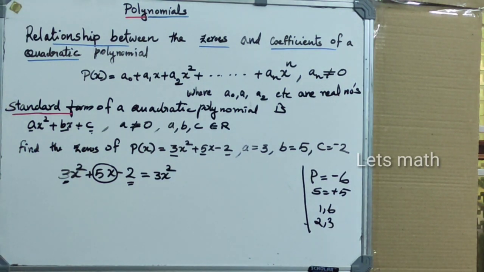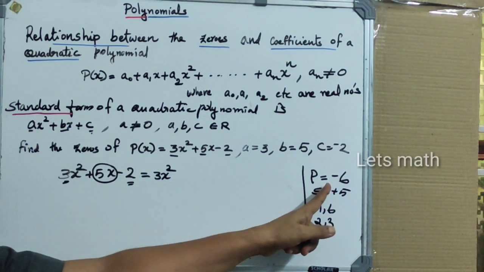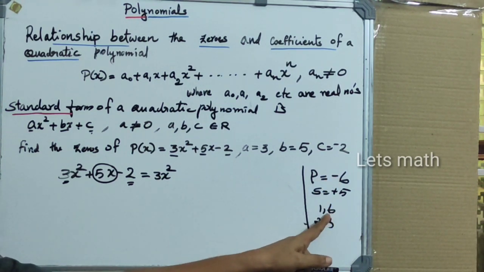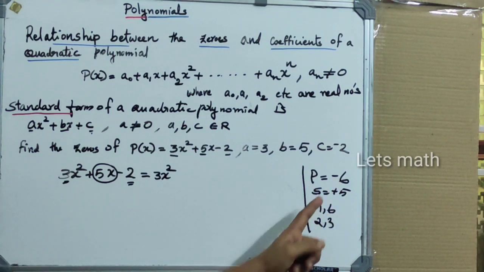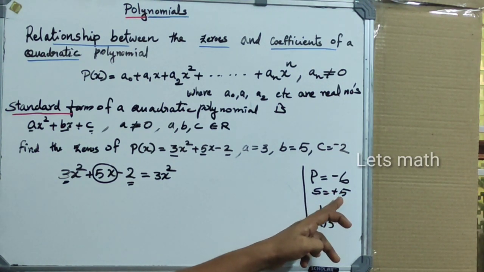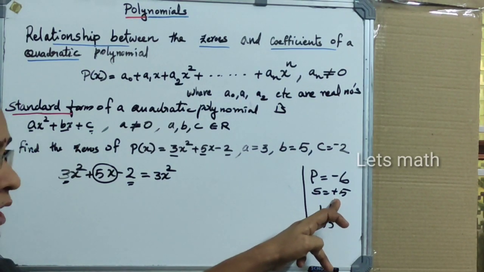Now we come back to the question itself. Now we have to think of two numbers which give the product as minus 6 and the sum as positive 5. We think of the factors of 6. We have 1 and 6, 2 and 3. So among these, which one will give you the sum as positive 5? Here the product is negative, which means the signs must be different. So if we give here positive and here negative, will we get the sum as positive? No. So we think of the sign here. We see the sign of the sum, positive.